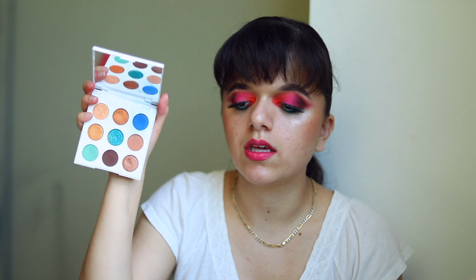And in that way, I feel like this palette did mislead me, because these 3 shades are the only shades in this palette that I use with any regularity. Everything else in this palette I just don't use that much. So yeah, those 3 shades are great shades, but essentially I bought this palette because I was looking for those 3 shades, and when I first got this palette, I was like, this is so great, this is an amazing